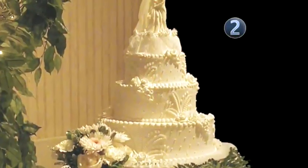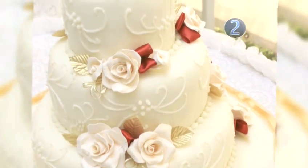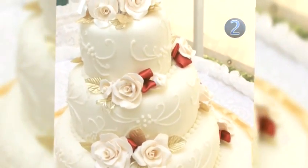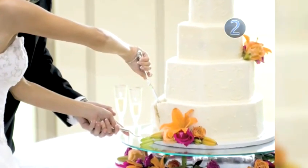Wedding cakes come in numerous shapes, and each variety can either be stacked or tiered. The basic wedding cake shapes include the very popular round wedding cake, sometimes referred to as an antique cake, the square wedding cake, which is the easiest cake to cut by the way, the hexagonal wedding cake, whose shape is